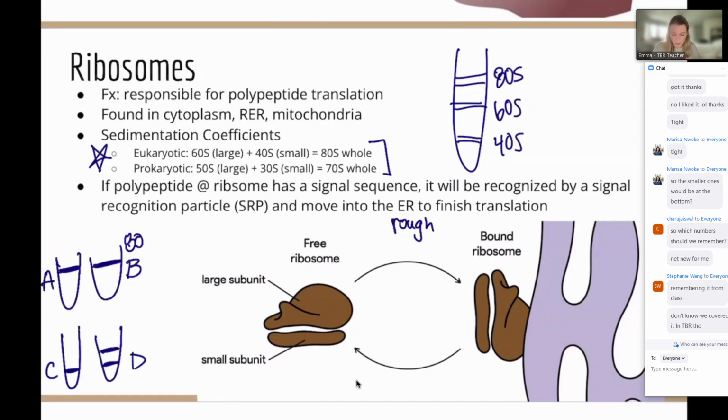But there are also bound ribosomes like we find on the rough ER. And so while they both are involved in peptide translation, potentially there could be differences in what types of proteins they are producing, or potentially they are doing mid-translational or almost post-translational modifications that are going on. So those are just some important things to remember about ribosomes.